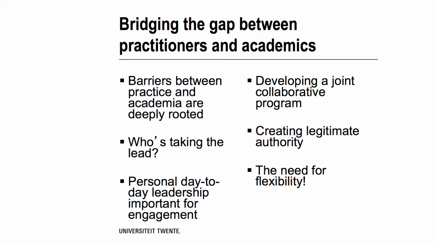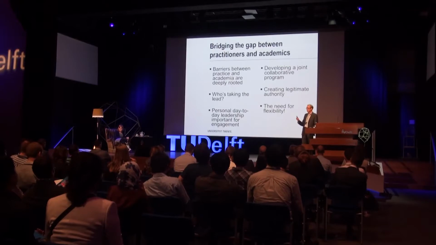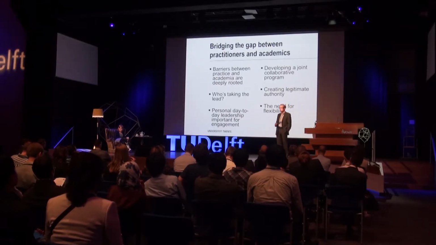So if you look at all these programs, my experience is that one of the things that's very hard to change is that the barriers between practice and academia are very deeply rooted. It's very hard to bring people together, especially at the program level. If you bring industry, say board members of the university and captains of industry, together, they will have a nice dinner, nice talks, and they will agree upon the basic lines. But that's just one document saying where we go. If you try to bring that into practice, that's very hard, and it takes years before something happens.